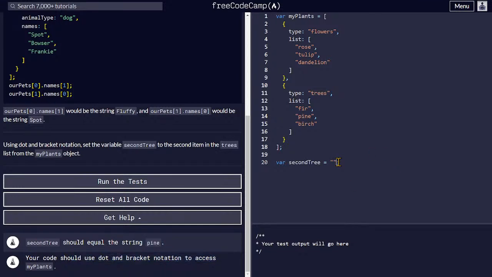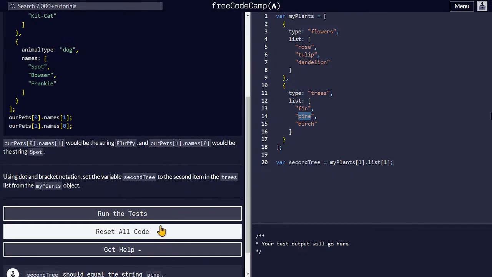So how we can do that is, first of all, from the myPlants object, the second element, so 0 and 1, then dot list, and inside of which also the 1. So myPlants[1].list[1]. So myPlants 1 goes onto this, and now it will go onto the list and the 1 in here. If you run the test,